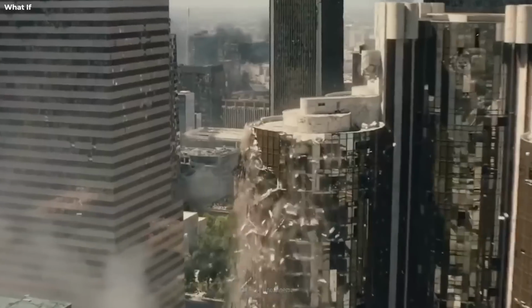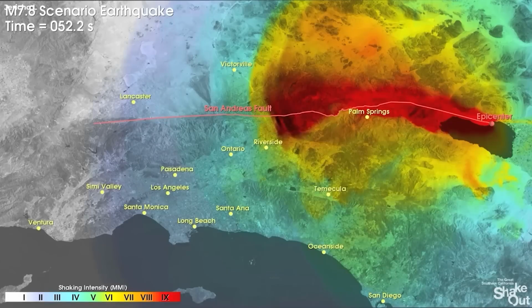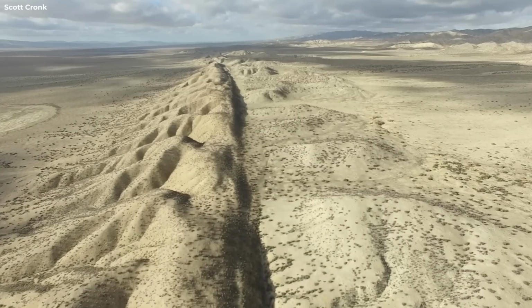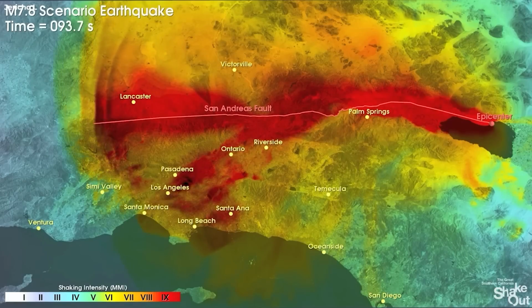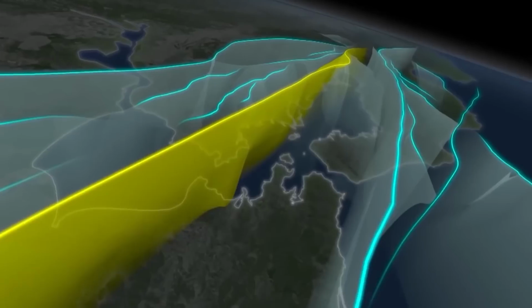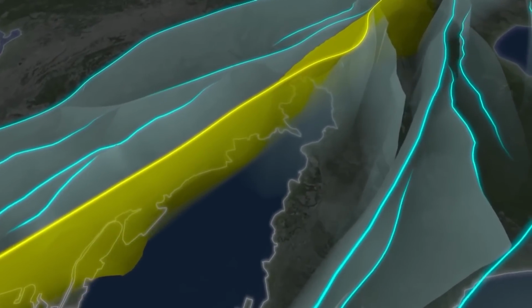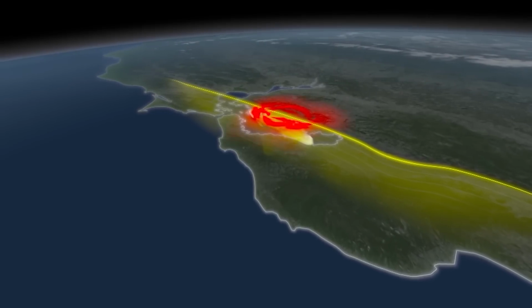So what will happen if it cracks and the big one finally hits the Coachella Valley? Let's begin by looking at this earthquake simulation developed by the California Academy of Sciences. You can see here that San Andreas might be the source of a lot of movement detected in the Bay Area, but multiple other fault lines also cut through the coastal part of California, forming a complex network of potentially hazardous fractures.